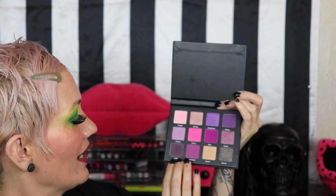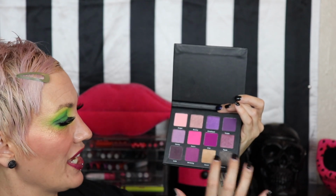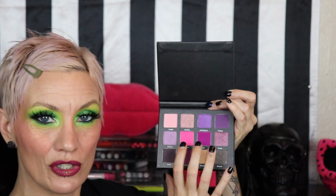And then the other one is Absolute, the Absolute. And this is the Greed palette. And I just feel like this whole thing, except maybe these two colors right here, is definitely winter. But this color right here, if you mix it with any of these other colors, it becomes a winter palette. So I think that pink and purple are the utmost. I mean, obviously light blue, any of your icy colors, gray, but I feel like pink and purple are the ones that you don't think about. And I feel like this Envy palette